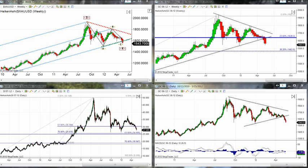We have both gold and silver lower this morning, with gold trading off currently about $12.40. Cash price is $1545.10 with a low of $1540.70 and a high of $1565.70. Silver currently trading off about 45 cents, about 1.6% lower on the day, at $27.83 with a low of $27.51 and a high of